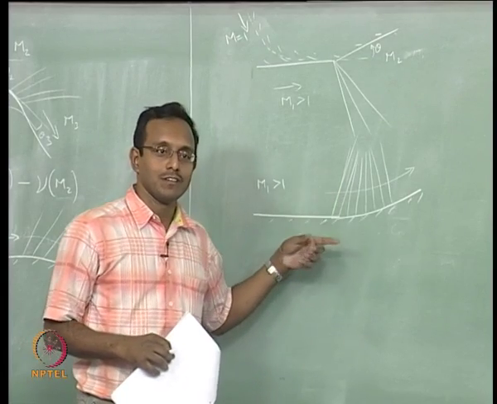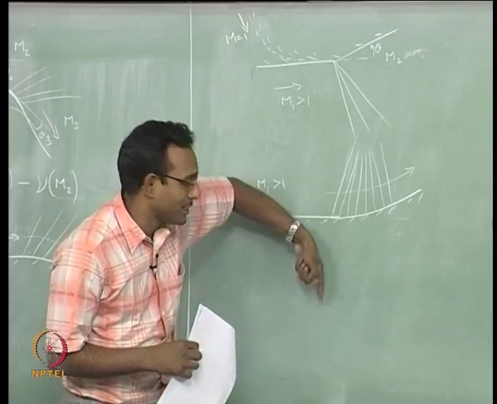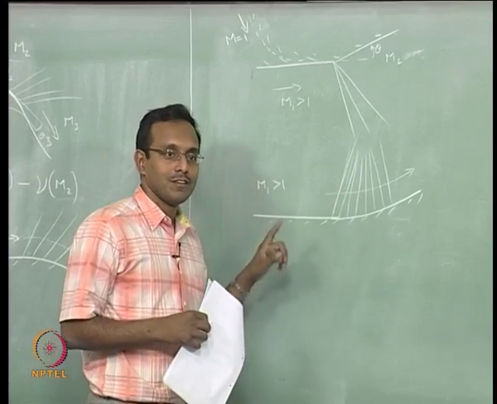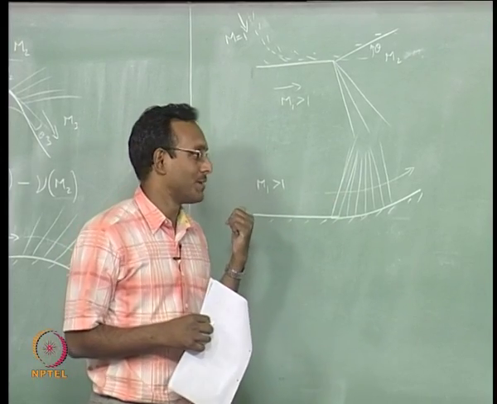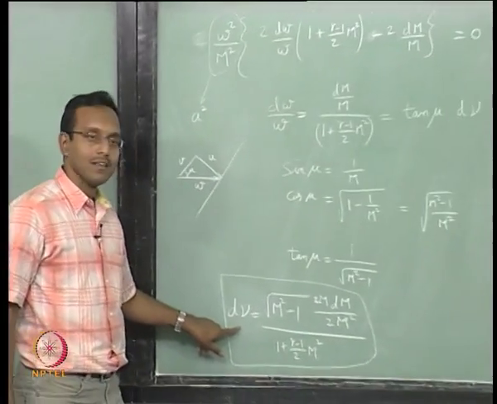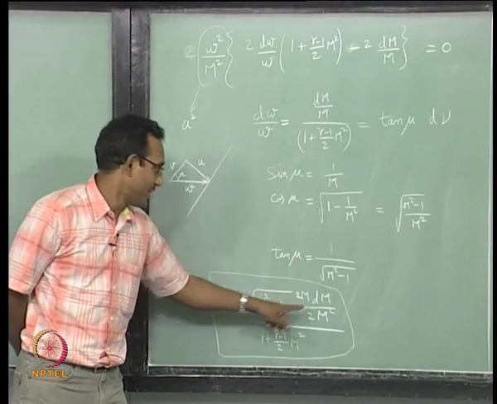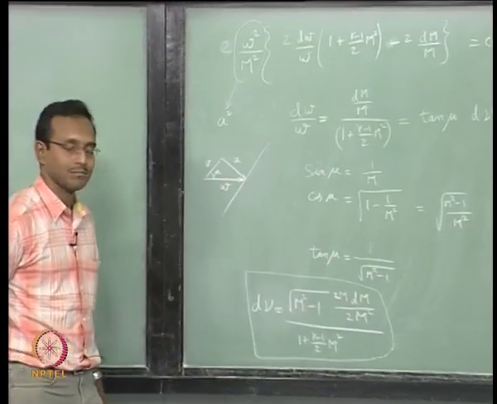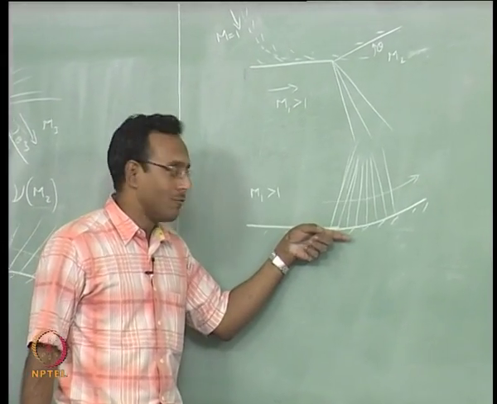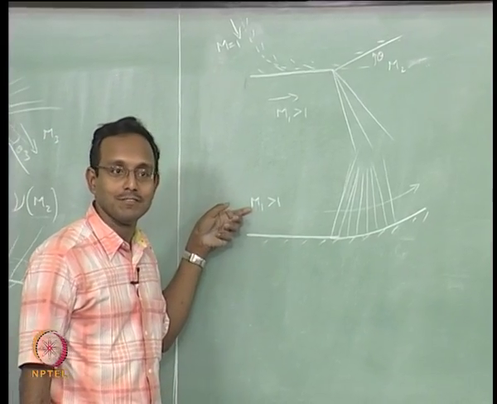It is a compression, my dν is now negative. By our convention, going this way is positive, going up is negative. When my dν is negative, my dM is negative. From that formula we wrote, the formula is still here, this one. If my dν is negative, M is positive always, so my dM will be negative. So I can tell that if my wall is going in, then my Mach number will decrease, and that